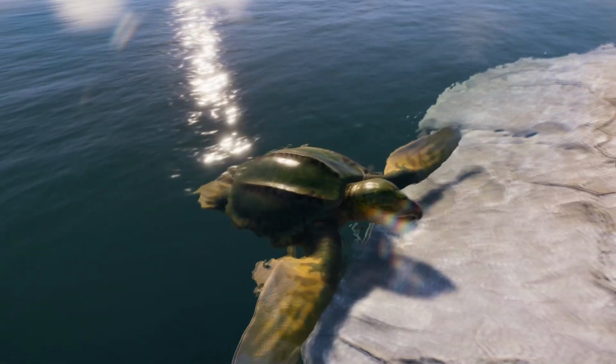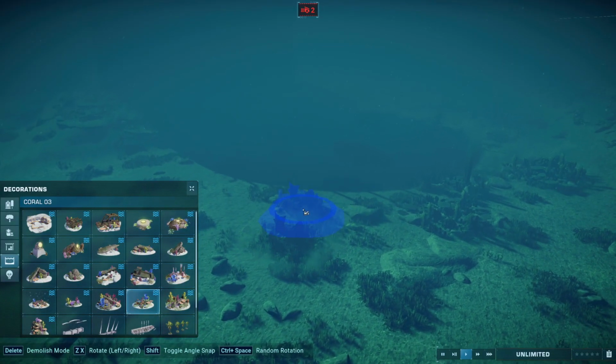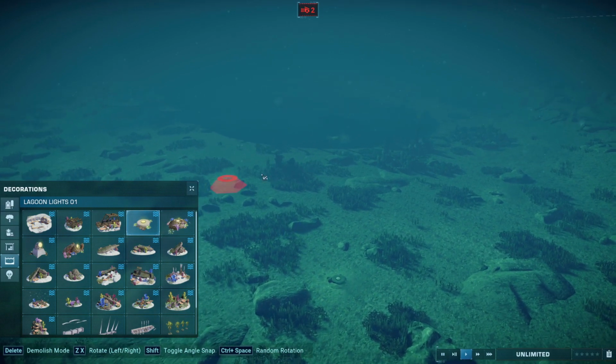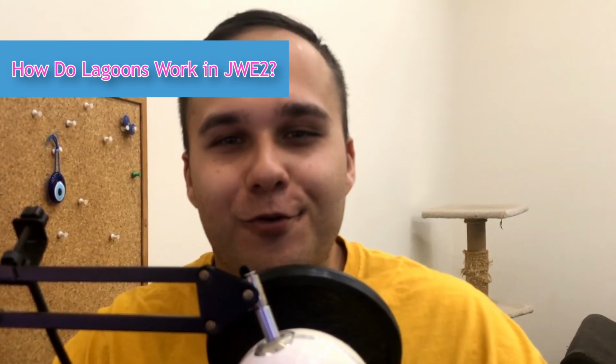We recently got 4 new marine species for around $10 in Jurassic World Evolution 2, and a couple months ago we even received new decorations that can be specifically placed inside the lagoons or around the lagoons. But in case you've never played Jurassic World Evolution 2, or you need a refresher as to how the lagoon design even works in the game,